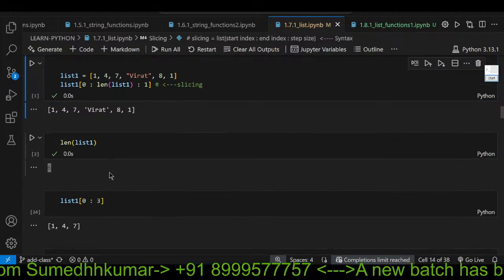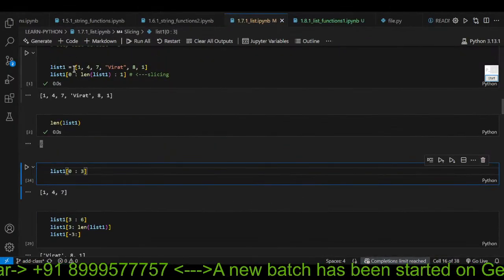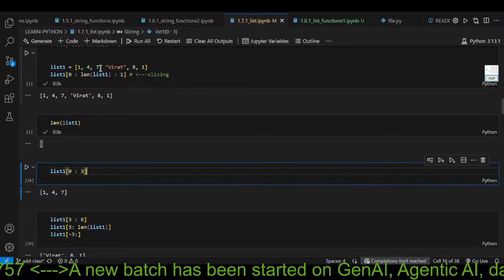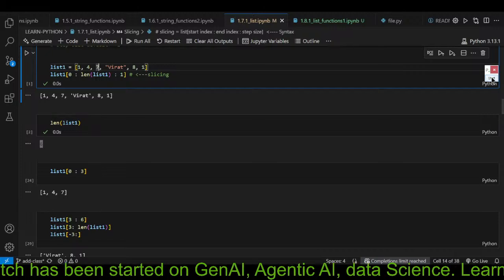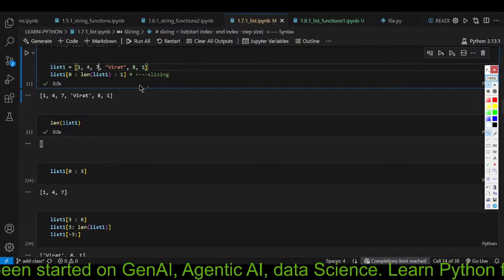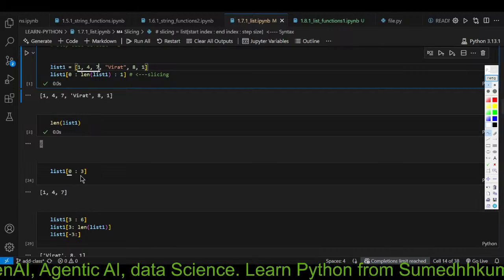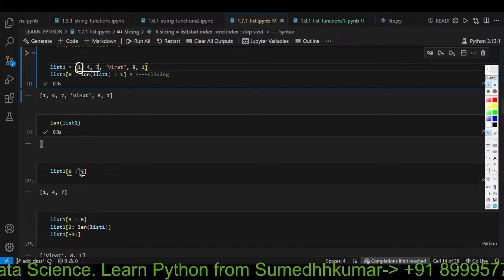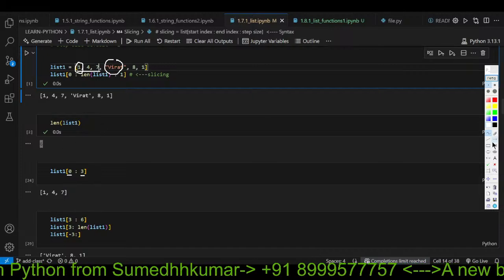Then we did slicing, actual slicing. From this entire list 1, we wanted only the first 3 items. So for these first 3 items, we used 0 to 3. 0 is for 1, right? And 3 is for Virat. So when you cut this down,